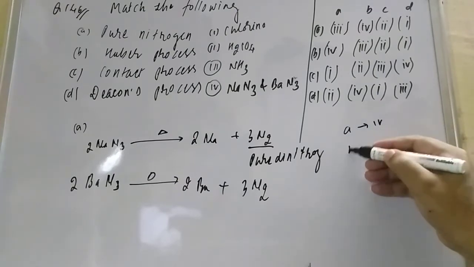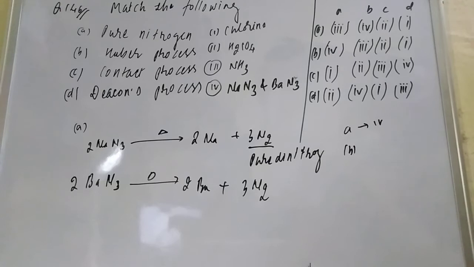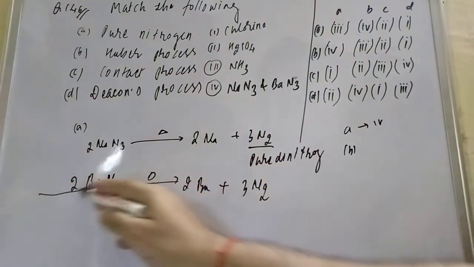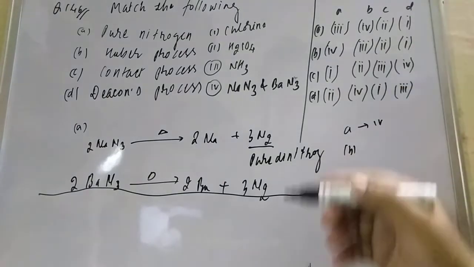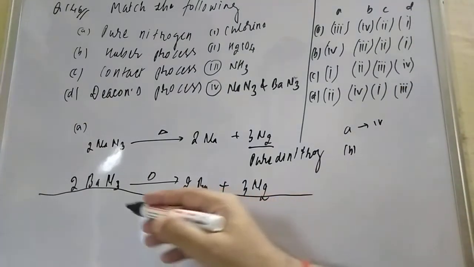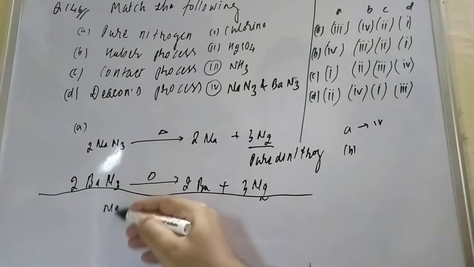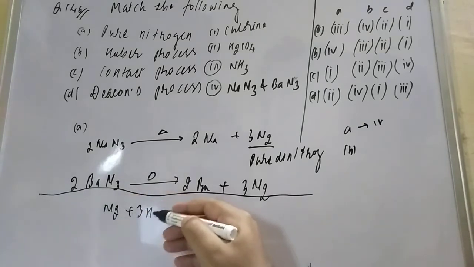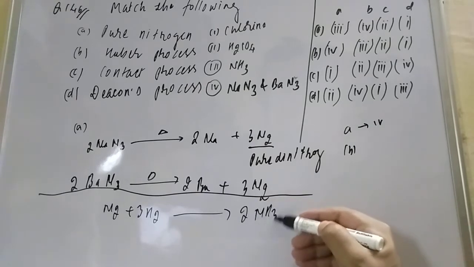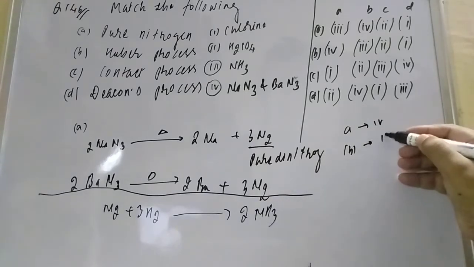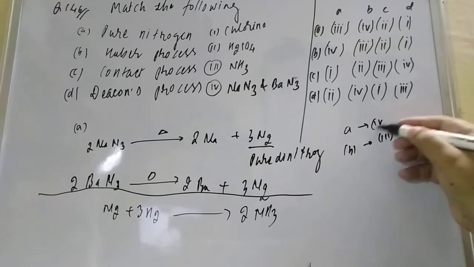A is 4. So let us check B. What is the Haber process? Haber process you know very well, in 11th standard, 12th standard, so many places we prepare, that Haber process is preparation of ammonia. So we take N2 plus 3H2 in the presence of the iron catalyst, it gives 2NH3. So B number is what? Ammonia. That is option number match, the third.